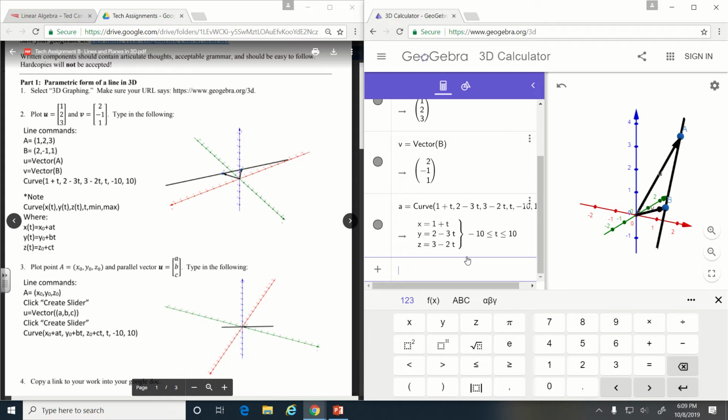We actually spend a lot of time in the early parts of Calc 3 talking about what those are and why they work the way they do and how to graph them. For our purposes, I really just want you to get a sense of what they look like in space, but all you really need to know is that you're redefining x, y, and z in terms of a new variable,